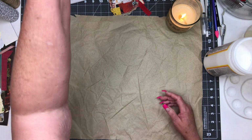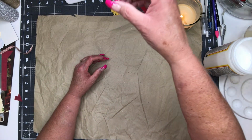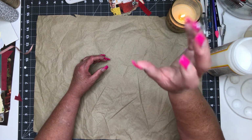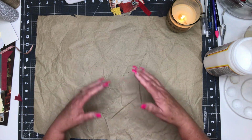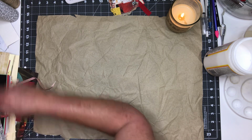I have my camera in a different position. What I did was I raised the pole to my ring light that my phone is attached to. I'd love your feedback. Is this better? Would you rather have it closer? I don't know. But then I went over and grabbed